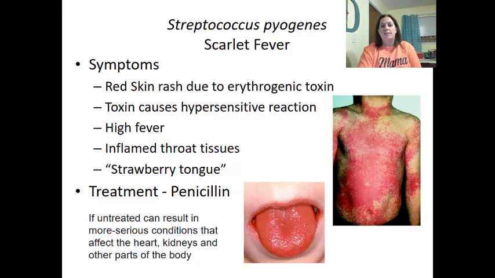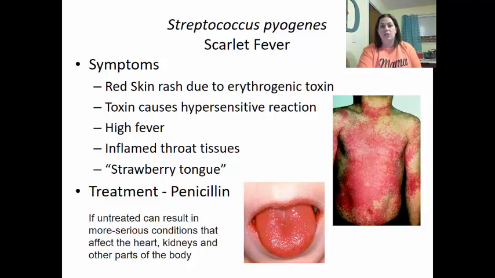The toxin causes a hypersensitivity reaction. This hypersensitive reaction is a type of allergic reaction. It also causes a high fever, inflamed throat tissues, and one of the main cardinal signs of this is what they call the strawberry tongue. The treatment here again is penicillin. If it's untreated, it could result in more serious conditions that could ultimately affect the heart, which we saw earlier,